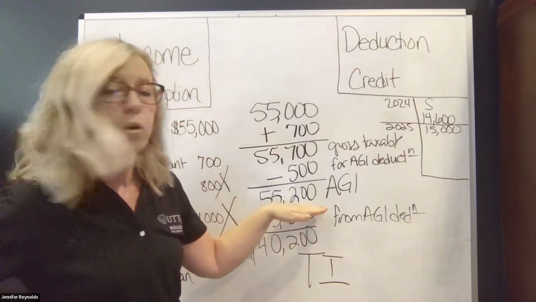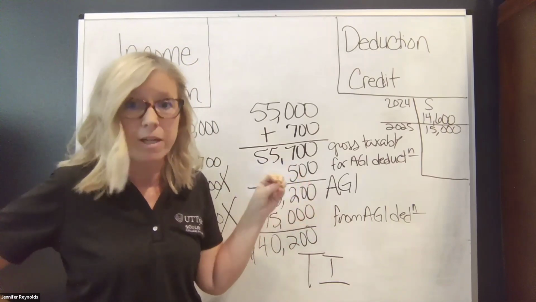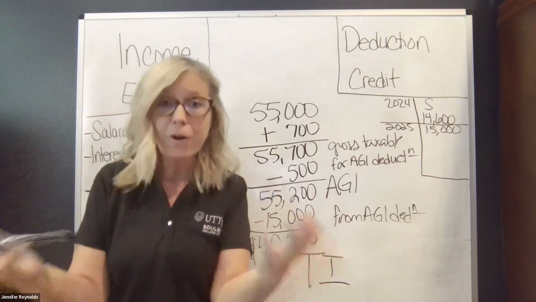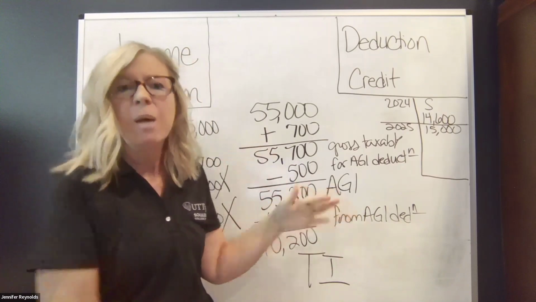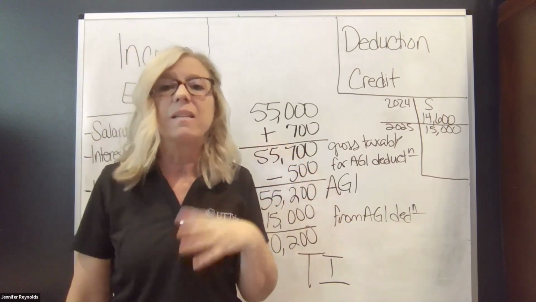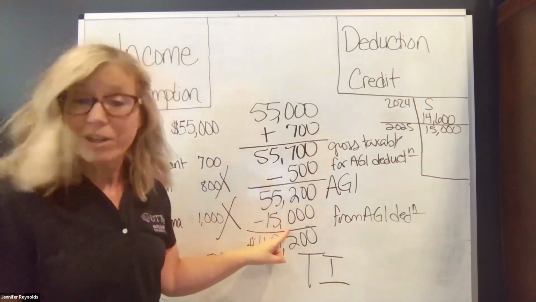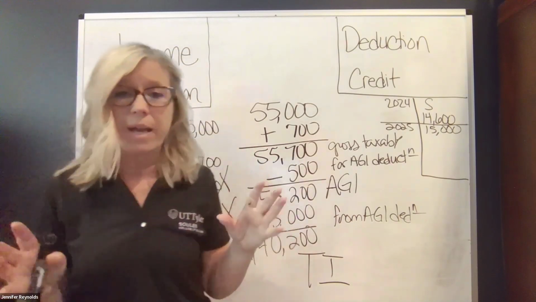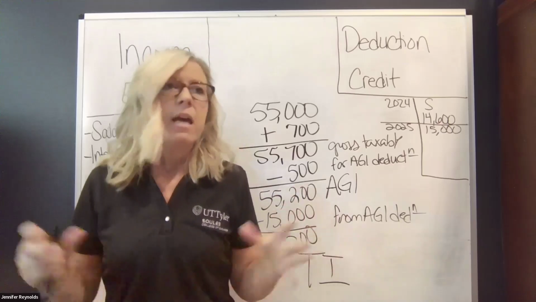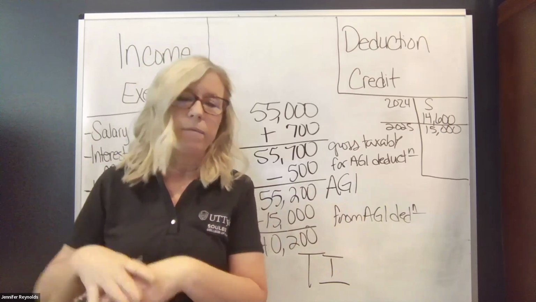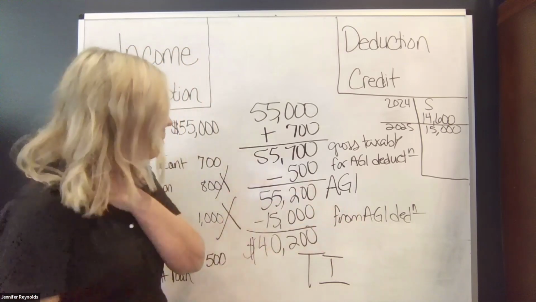Well, remember when I said Congress uses this AGI number a lot to figure out if you've made too much money to get certain deductions or credits or things? So you'd rather it be a for AGI deduction, even though they both just reduce your income the same. But if it's a for AGI deduction, it's less likely to be taken away from you, and you still get the standard deduction on top of it. So there are other things that are from AGI deductions called itemized, and there are certain thresholds you have to meet. You have to have this many of them to be able to take it, or otherwise you just get the standard. So we'd rather it be the for.